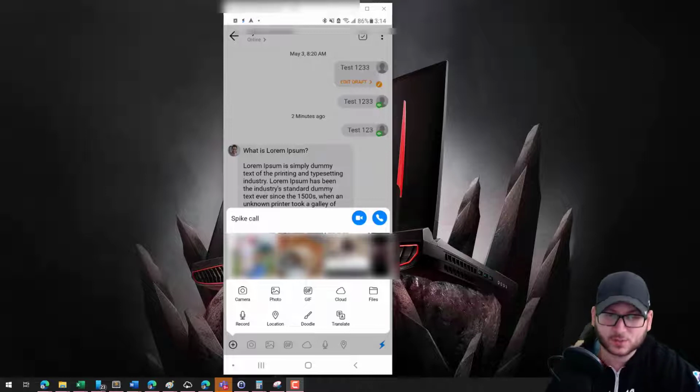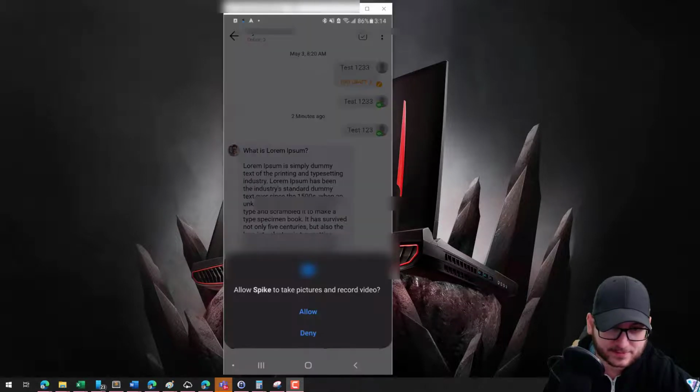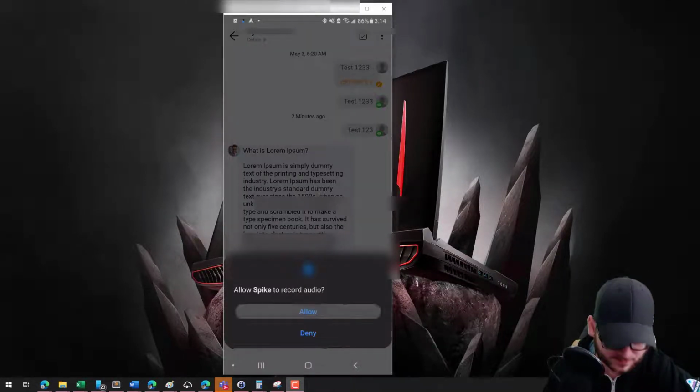But the other thing that's really nice about Spike, and a little bit unique versus other platforms, is that Spike is not necessarily just an email application. It's an all-in-one communication platform. In addition to the standard features for communicating through email, in the top right-hand corner, you can also do a video or a phone chat. If I click on one of these icons, for example the phone chat, and I click on allow,